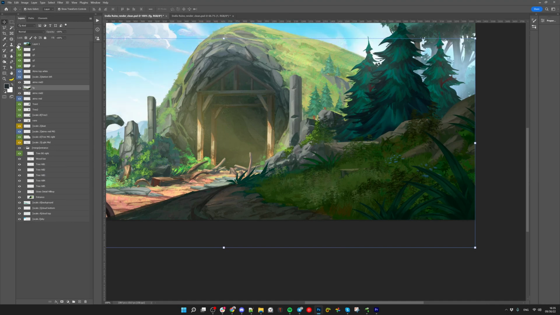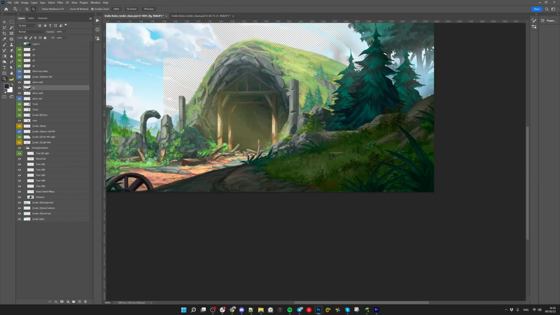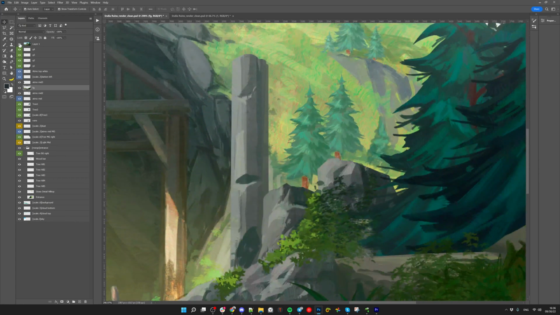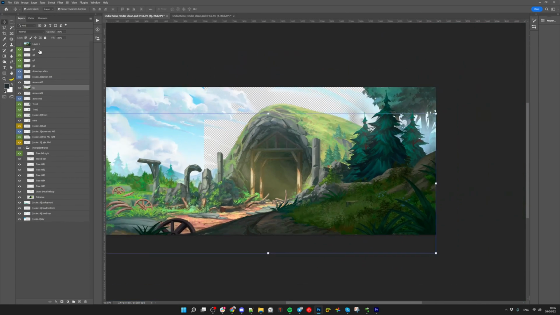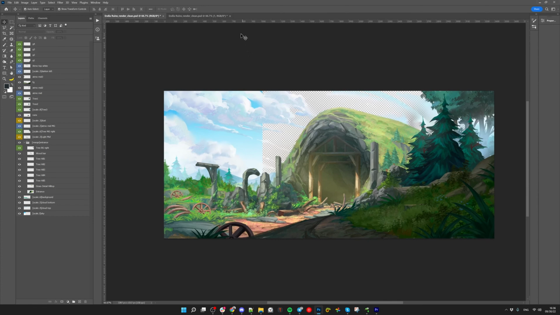And last check, we are pretty much there. Yes, some tiny stuff, but it's going to be okay. So let's remove this, and yeah, we are good to go. Final thing, just make sure it